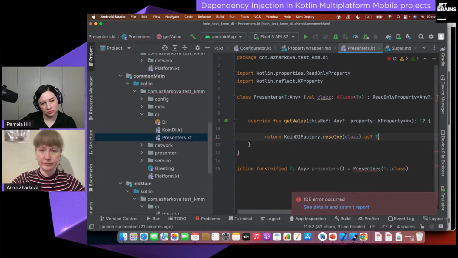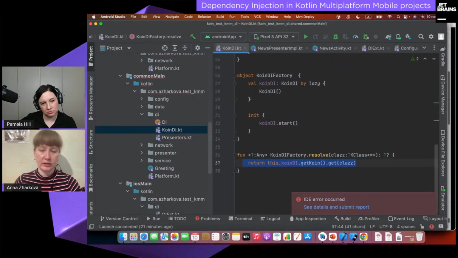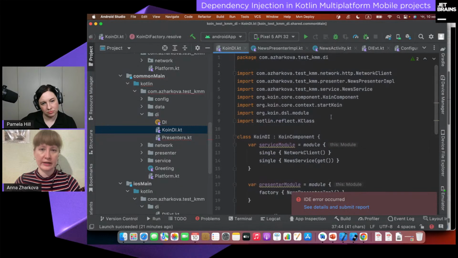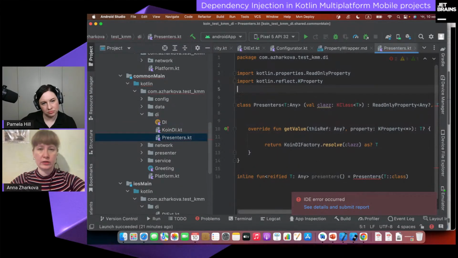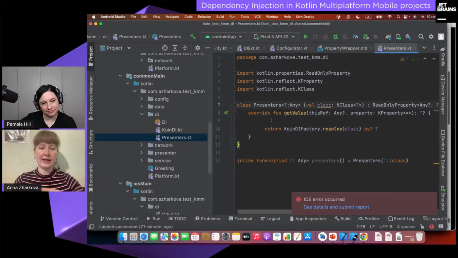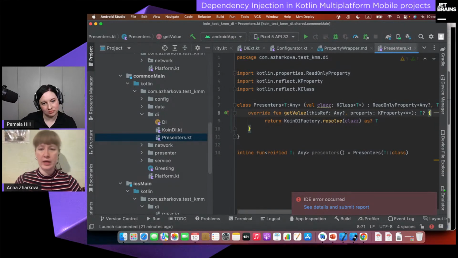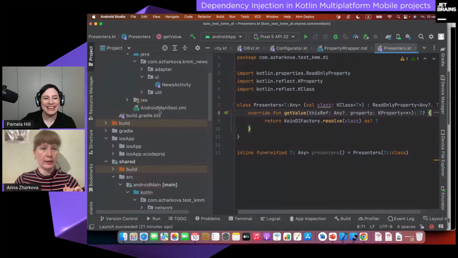One moment. So even on this point, K class is supported correctly. On this one, it doesn't want to work correctly. So yes, I think my Android Studio is tired at all. And I think I am also tired. So let's add